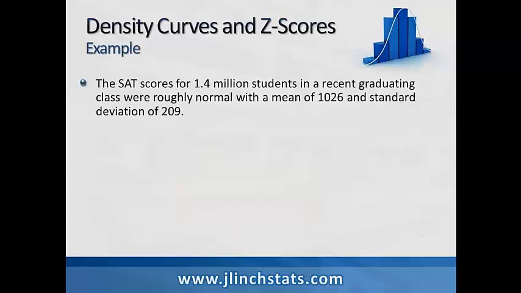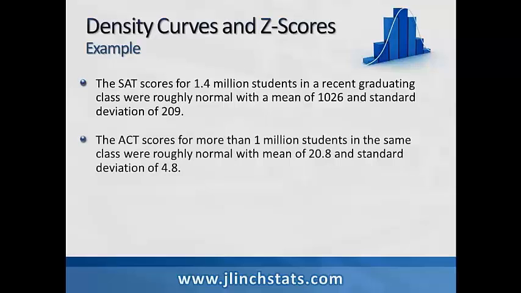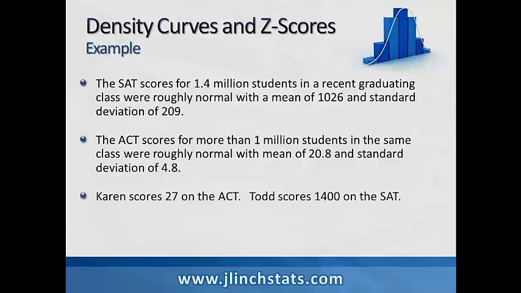Suppose that SAT scores for 1.4 million students in a recent graduating class were roughly normal, with a mean of 1,026 and a standard deviation of 209. Now, ACT scores for more than 1 million students in the same class were roughly normal also, with a mean of 20.8 and a standard deviation of 4.8. Now, suppose